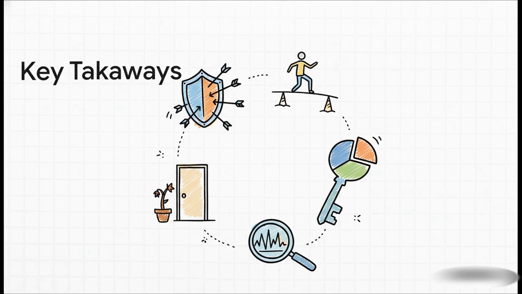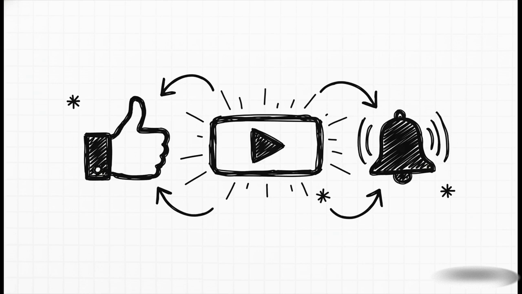1. Risk can be managed, but it can never be completely eliminated. 2. The avoidance strategy is safe, but it has that opportunity cost. 3. Taking positions is a high-risk game for experts. 4. Diversification is the most practical tool for the vast majority of investors. And 5. To manage risk properly, you have to measure it first. And that really covers the essentials of risk management strategies and measures.